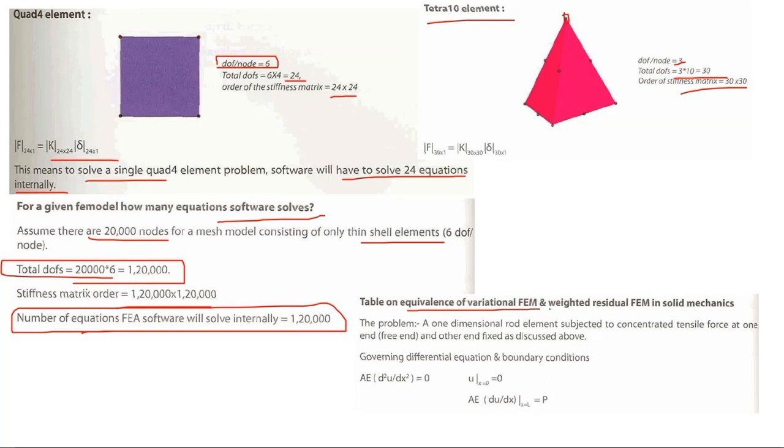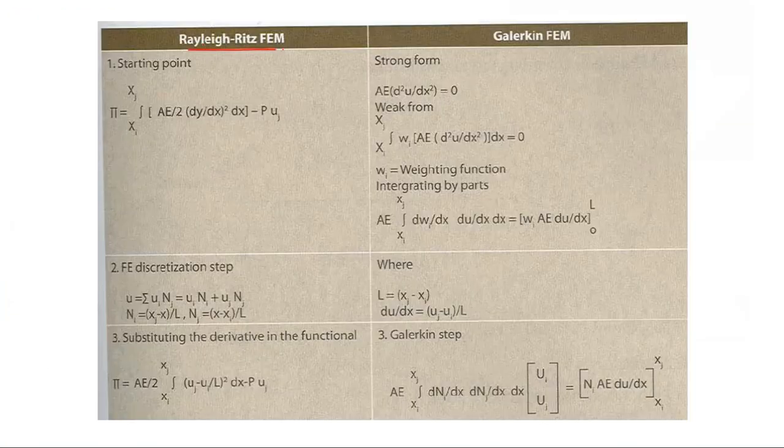Table on equivalence of various finite element methods in soil mechanics. Let us see here, there are two different methods: Rayleigh-Ritz method and Galerkin method. Here we know the stiffness value and displacement also, like the equations for the